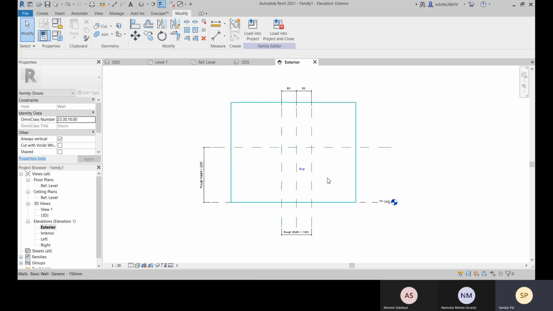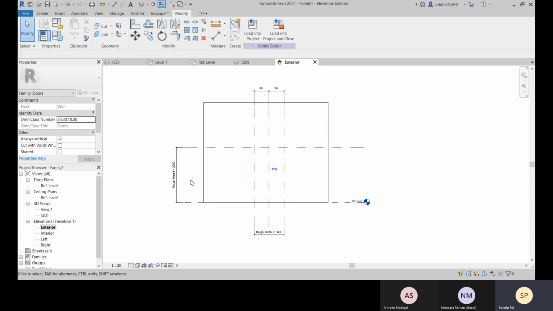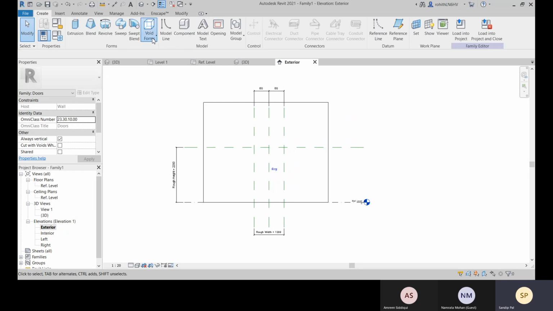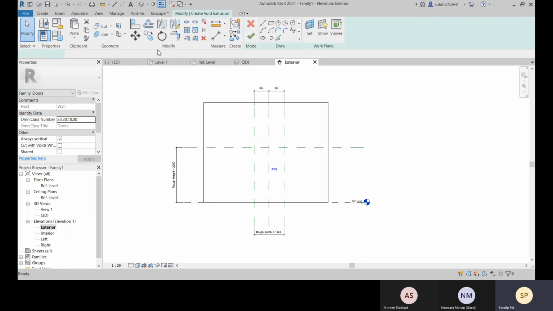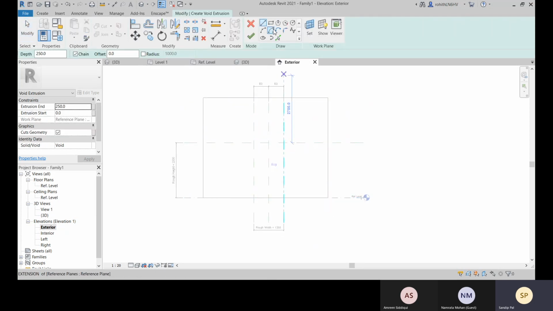Okay, so this is created right now. Now what we'll do, we will cut our door opening, right? So for that we will go with this void extrusion, and we will create with this rectangle, and we'll select this to this, and if you want to lock it, you can lock it.